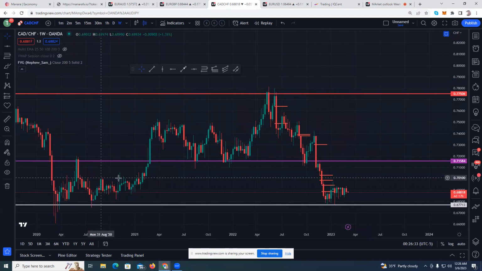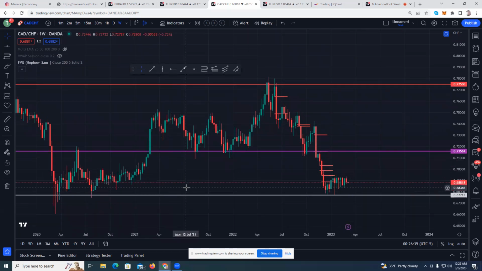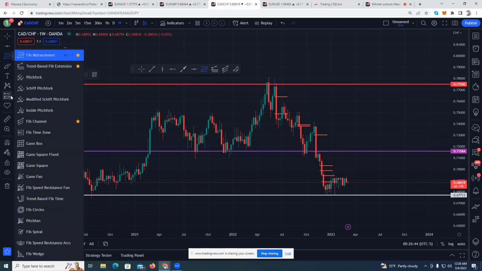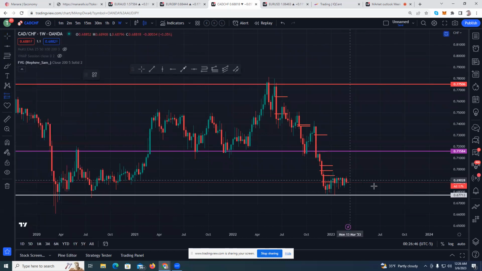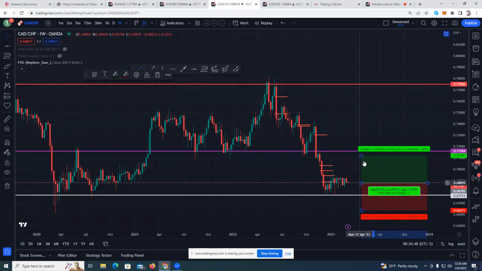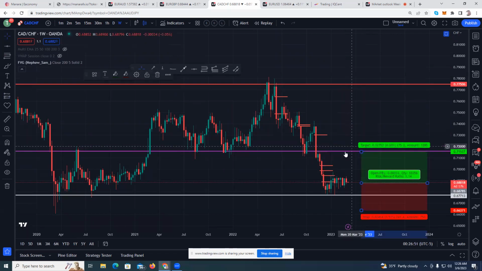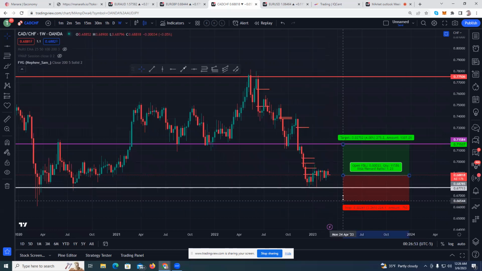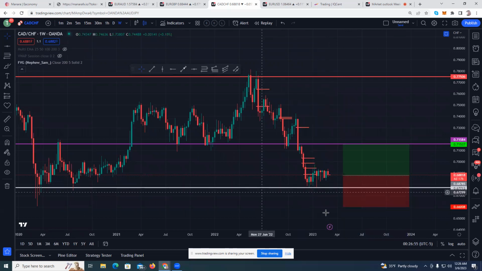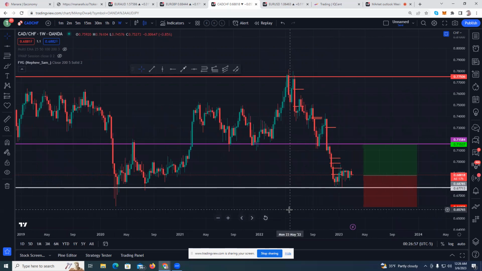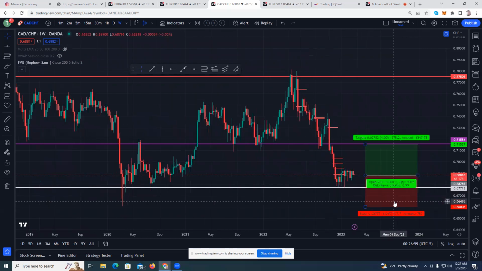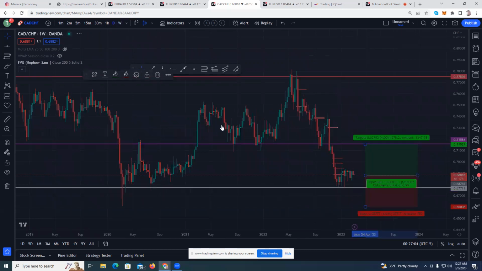So with that said, I'm looking for potential buys, and looking to target this area here with our stop loss below this wick, right? This would be a potential swing trade. But instead of just analyzing it from the weekly time frame, we're trying to find really good entries. So we're going to go down to the daily,